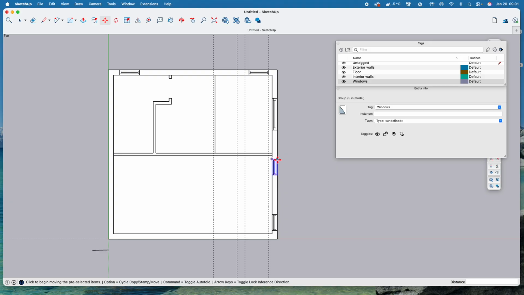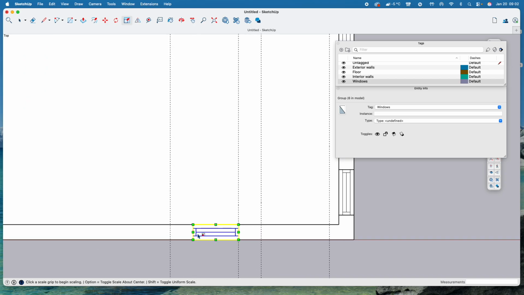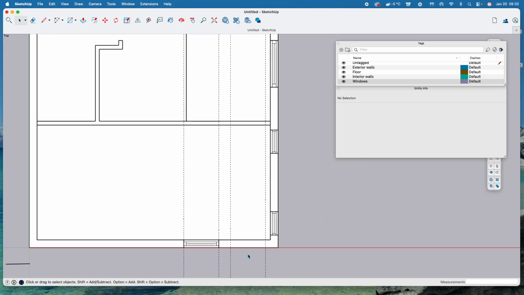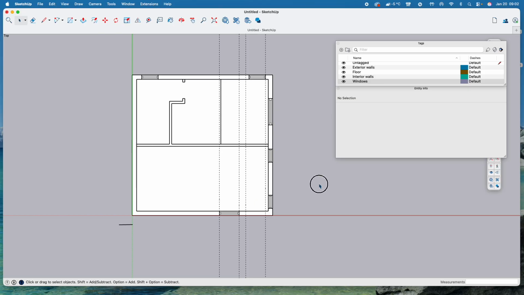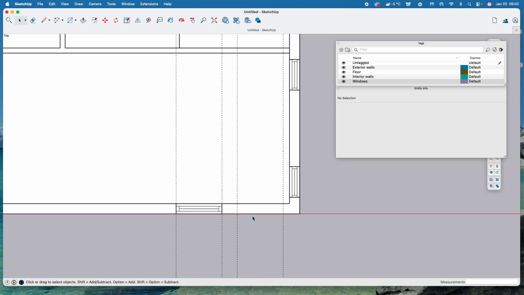Move Tool, Alt, grab it, take it there, rotate, grab my corner, snap it here, S for scale, and there you are. So my window is there. This is perfect. Okay. Then I'm going to draw my door,